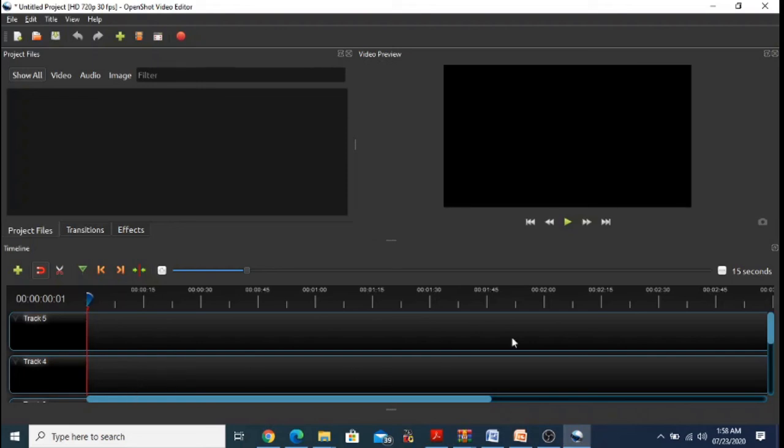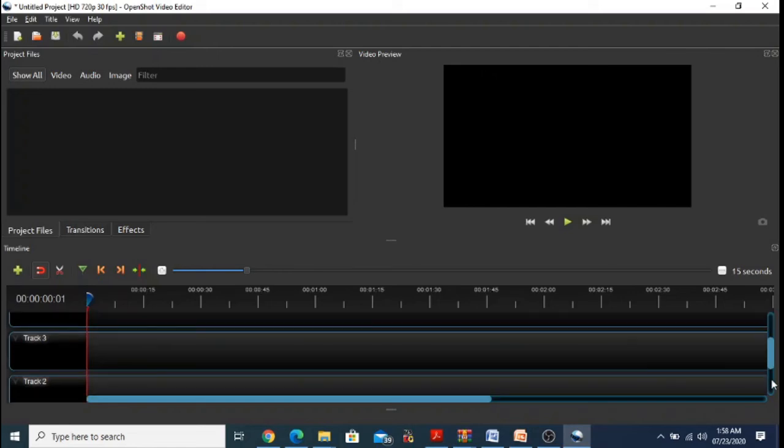And whatever files are there in the bottom track, the clips on this track will always be on the bottom. OpenShot will mix each layer together. You can have an unlimited number of tracks, but typically a video project will not need more than 10 or so tracks. So this was the brief introduction of the interface of OpenShot video editor.